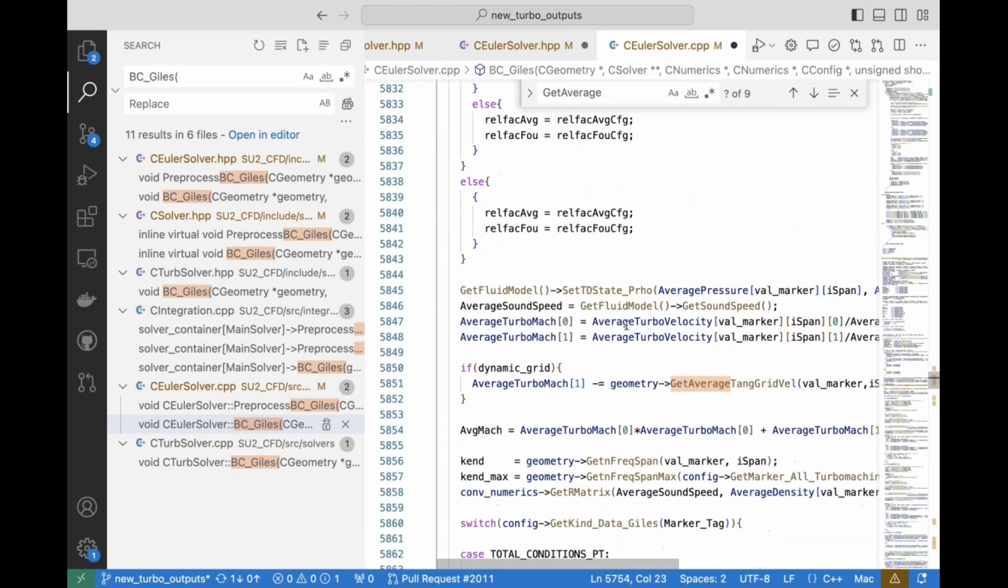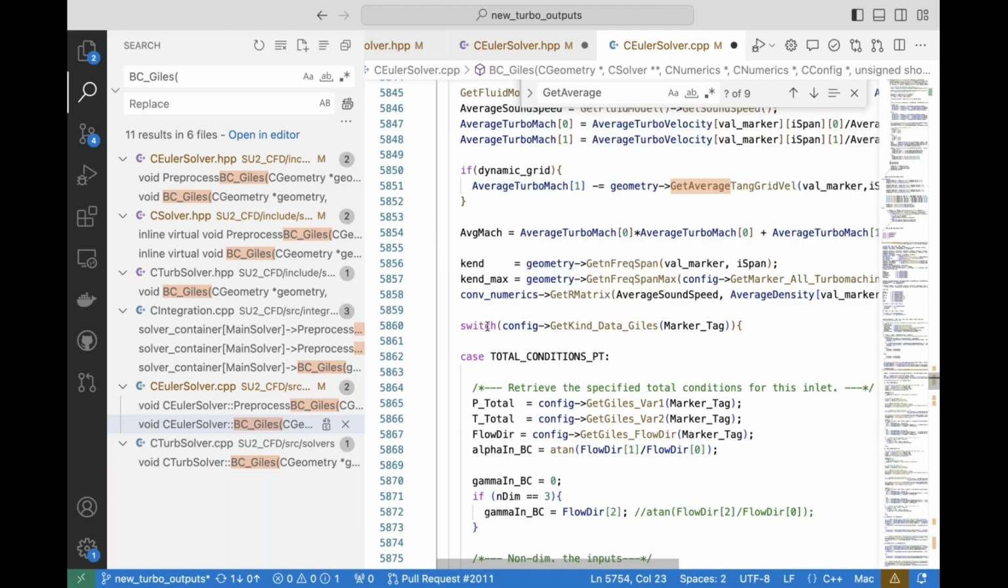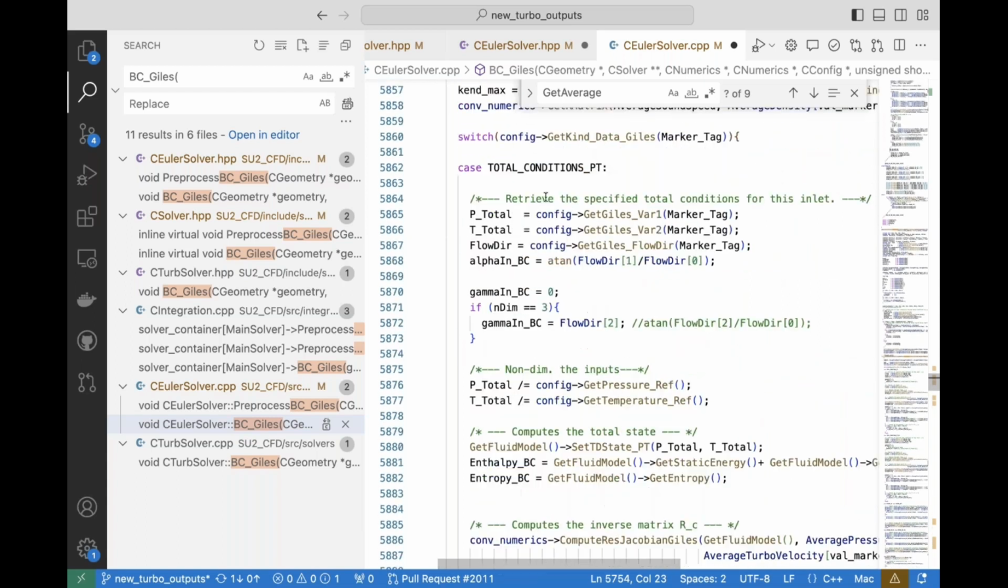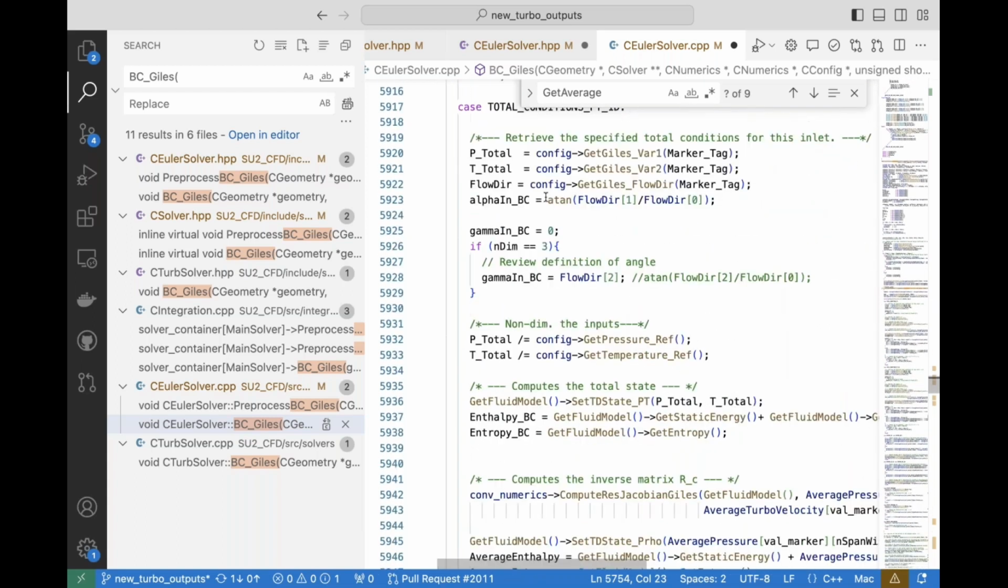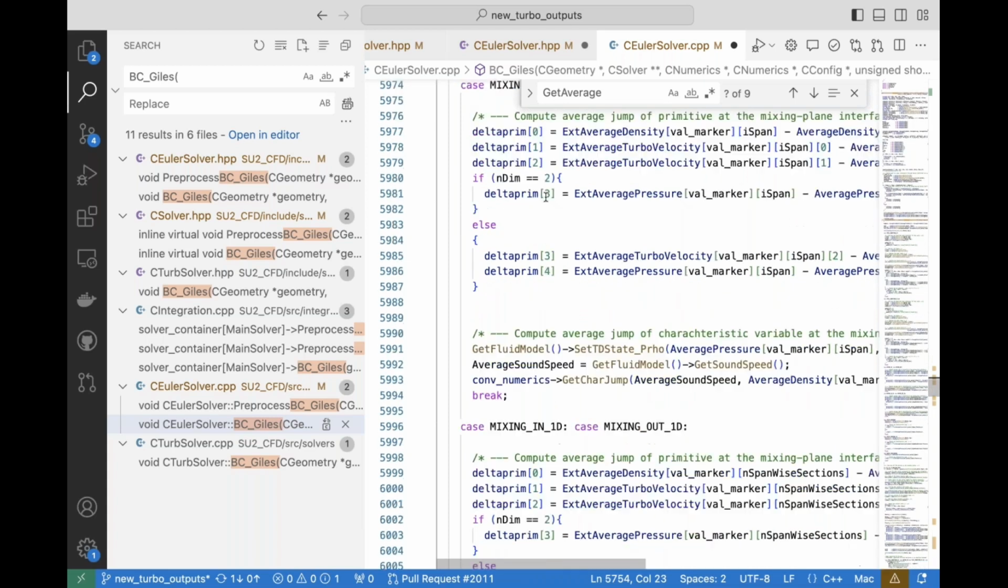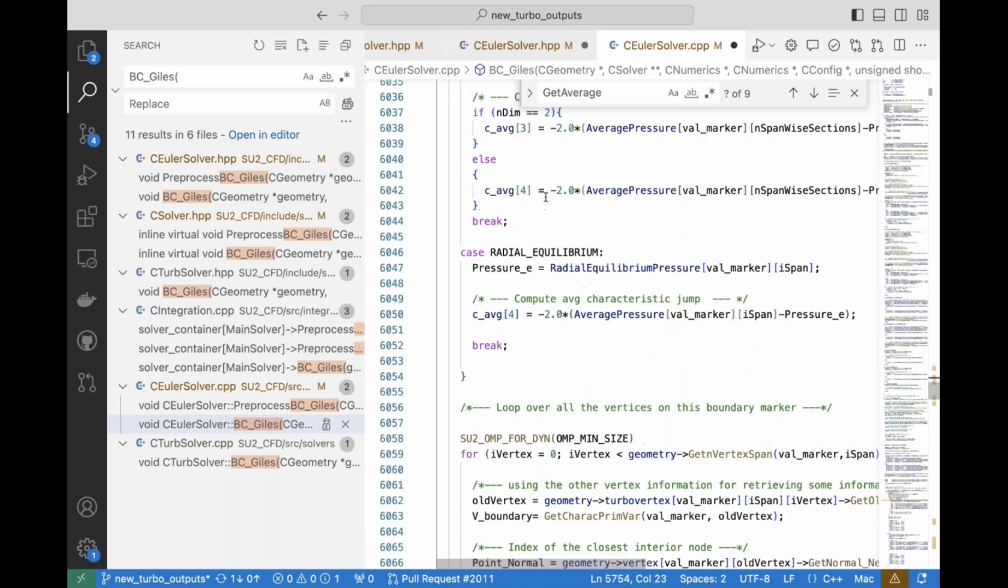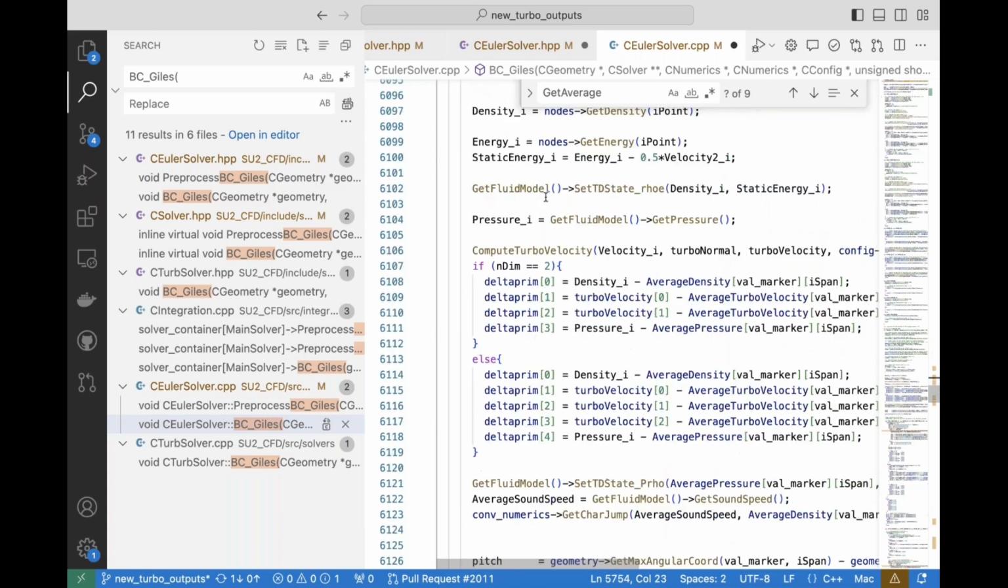And then we'll get to this case here, which is switch config get kind data Giles market tag. This relates back to our kind data Giles variable that we input, which tells it what we want to do. So we want a total condition, do we want a mixing plane, do we want a static pressure outflow? And you'll see here as we go down, we have all the options. We have total conditions, pressure, temperature, 1D the same, mixing in and out, 1D, static pressure 1D, and these are